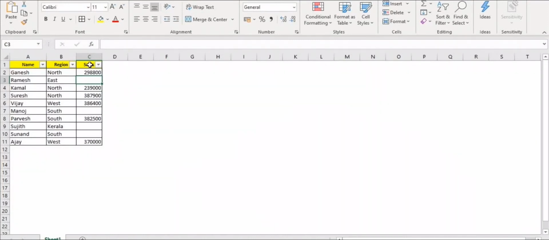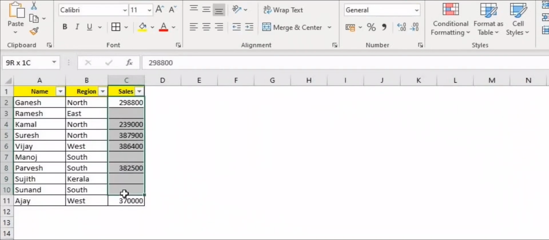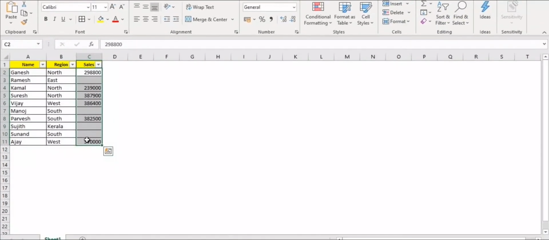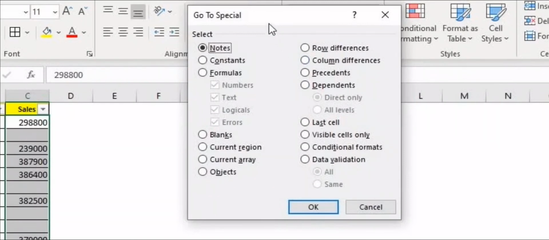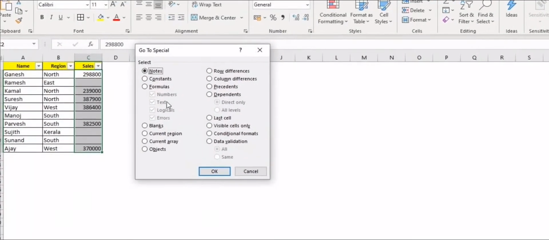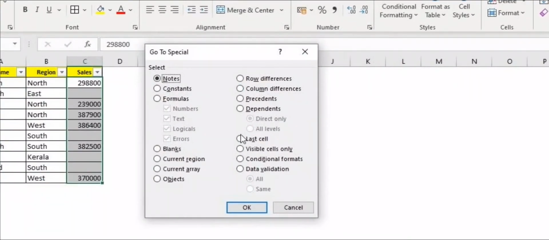So first I am going to select the entire data range where the empty cells are, and I want to replace the empty cells with some value. Then let's go to Find and Select and go to the Special window. Once you click on this one, you will get a dialog box. Go to Special, where there are multiple options available, but what we are going to select is Blanks and click